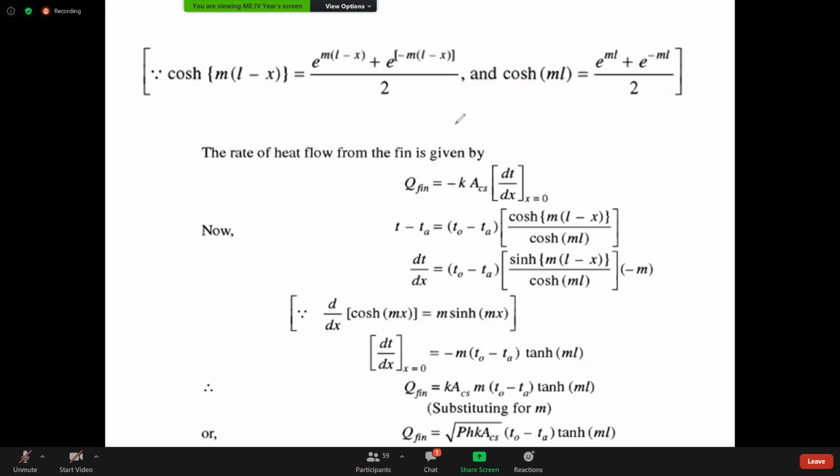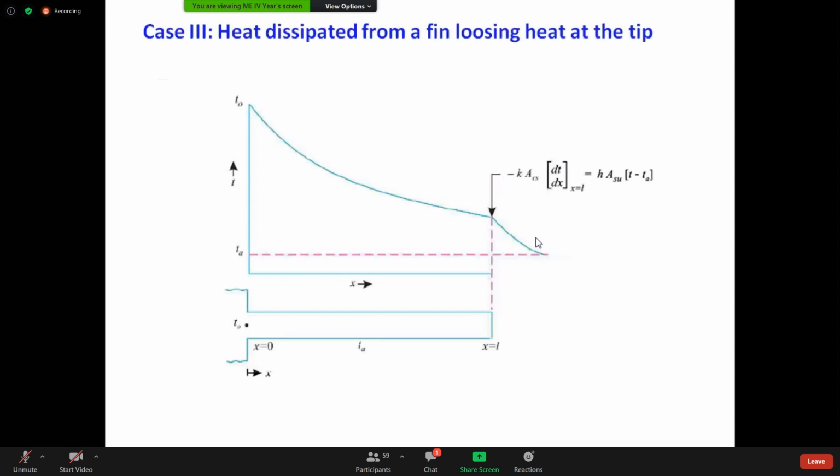Right. I assign a work to you. The third case is quite similar. We people feel that quite similar means same. If that is 0, the equation becomes easy. The C1, C2 calculation becomes easy. It has become easy. But when you substitute in place of dt by dx some value, it becomes more complicated. That is the third case.